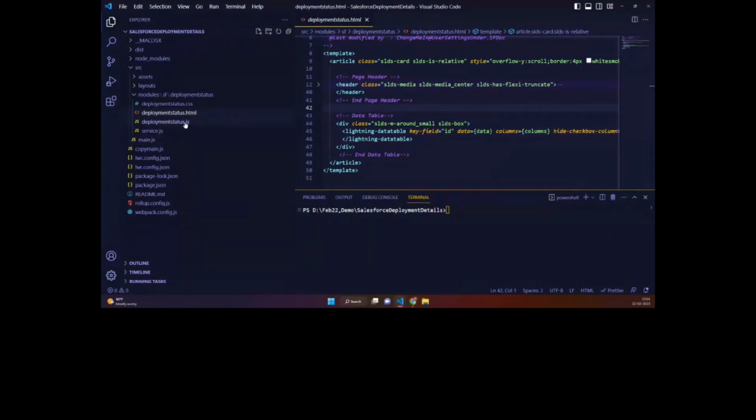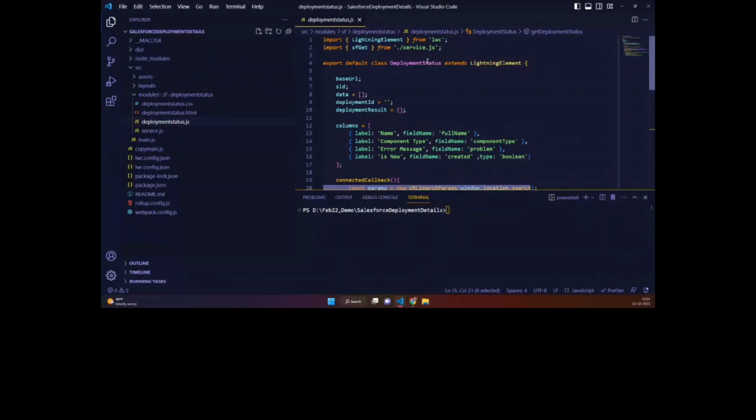So there is only one difference with the LWC. If you're developing within Salesforce, you will make a call to Apex. The Apex will run some server side logic and return the data. But since this is a Chrome extension, there is no real-time server behind the scenes. So we make use of the JavaScript itself, and we make the call from the JavaScript to the Salesforce